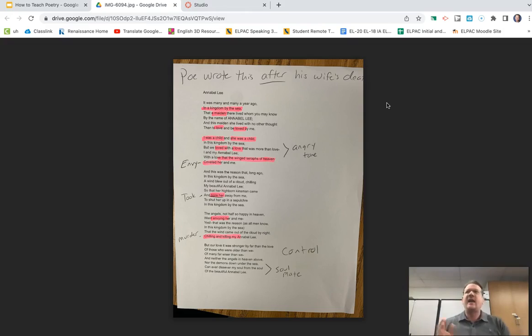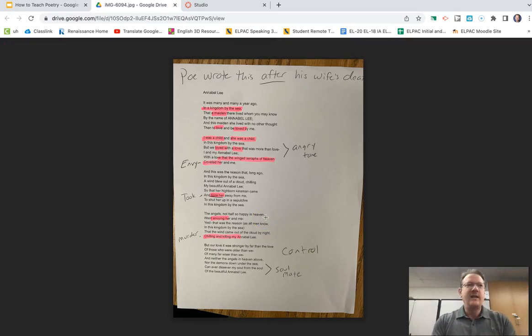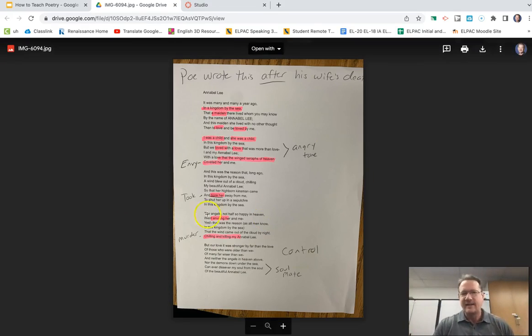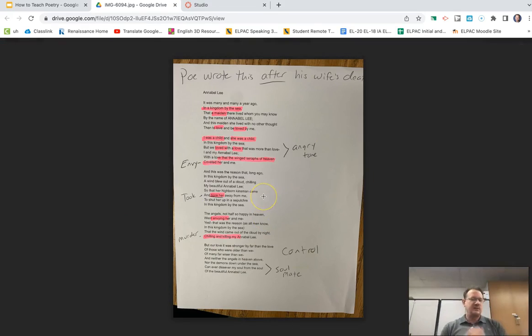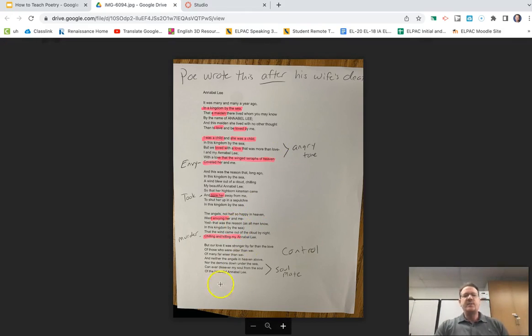Like, you can tell there's still an anger with Poe, right? He's still angry at a higher power, which isn't going to go away anytime soon, right? So keeping in mind, he did write Annabel Lee after his wife had died. So maybe there's a sense of relief. Again, we won't analyze the poem. We don't want to take forever doing this. If you probably have done this before anyway, but you can sense the angry tone, but also like a relief, like, hey, he's definitely not so much sad and depressed any longer. He takes more control, like, hey, I'm the one in control. She's my soulmate. There's nothing you can do to take her away from me.